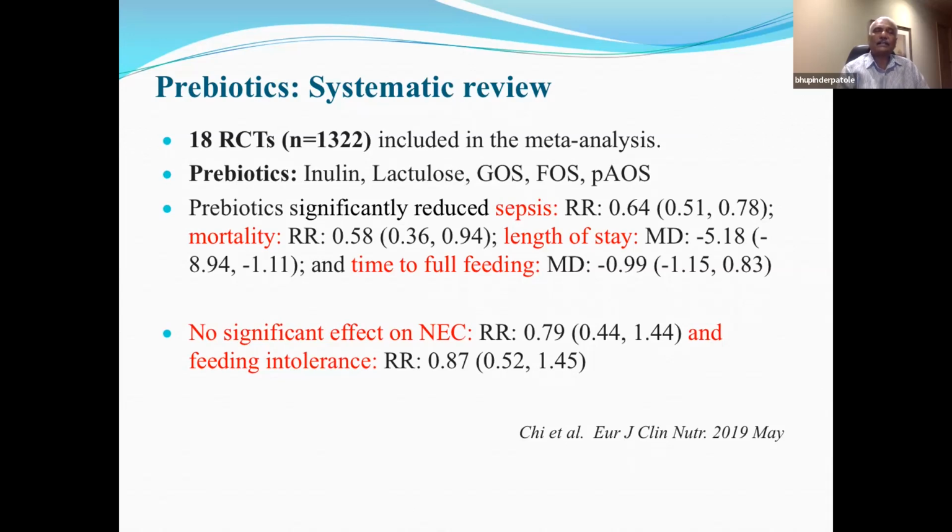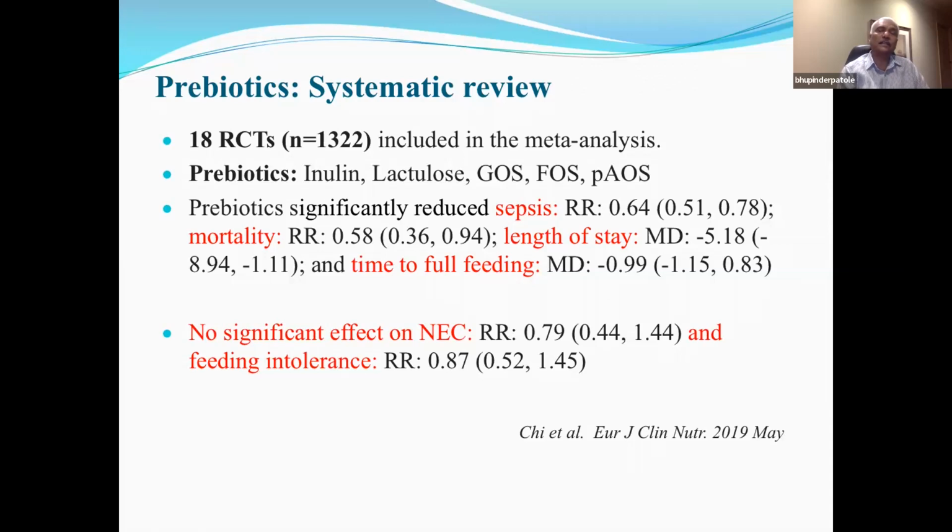Most of the prebiotics in the literature are inulin, lactulose, galactose and fructose oligosaccharides, and the pectin-derived acidic oligosaccharides. You could see that prebiotics significantly reduce late onset hospital-acquired sepsis, all-cause mortality, length of stay, and time to full feed. But they had no significant effect on NEC because the confidence interval contains 1.44, and obviously on some vague entity like